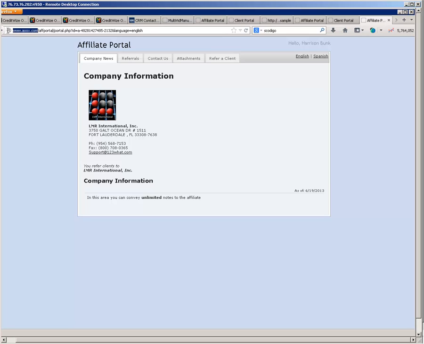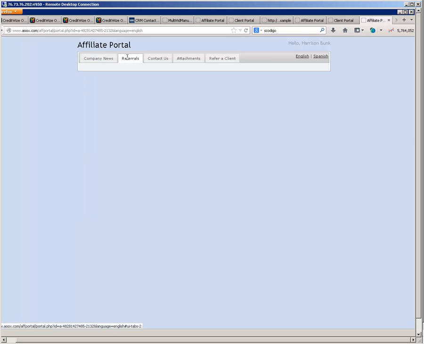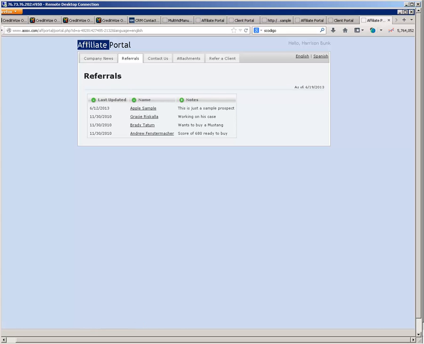So this is obviously our domain, but it's going to be inside your own domain. Now your affiliate, and also I double click here so they know that we're talking about the affiliate. The affiliates can see in the referrals all the referrals that he or she has sent to you, prospects and clients. And I say they can contact you, send you more documents, and refer you more clients. The reason is especially because it might not be that fast on your end. If I switch here, it will be instantaneous, but it might not be that fast. So instead, I'd rather just enumerate the things and say, most importantly, if you allow it, you can enter